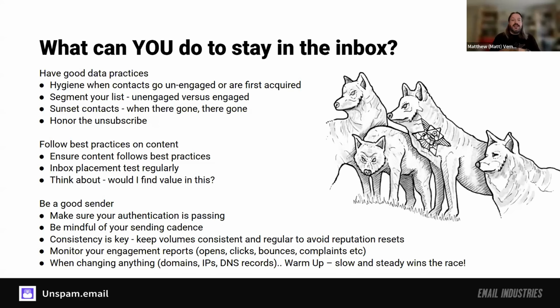Cadence, frequency, how many messages you're sending. Consistency is also another big thing. A lot of spam filters are based on machine learning. They like patterns. They like to know if you mail Tuesday at 2 o'clock, next week you're going to mail Tuesday at 2 o'clock. They're looking for those patterns. If you're adjusting your patterns or your send volumes a lot, like one day you send 1,000 messages, the next day you send 1,000,000, there are things like that that are going to impact your ability to send mail, unless that's your regular pattern. 1,000, 1,000, 1,000,000, 1,000, 1,000, 1,000, 1,000,000. If that's your pattern, the machine will learn it. So just make sure you understand that.